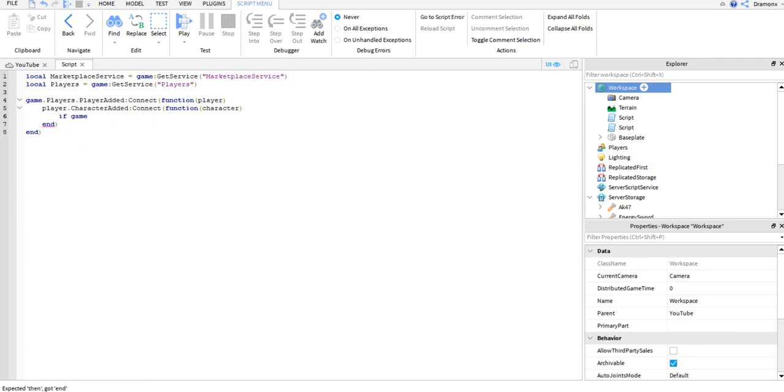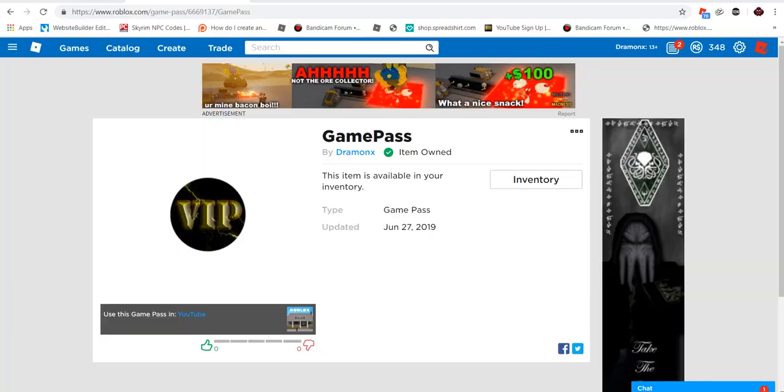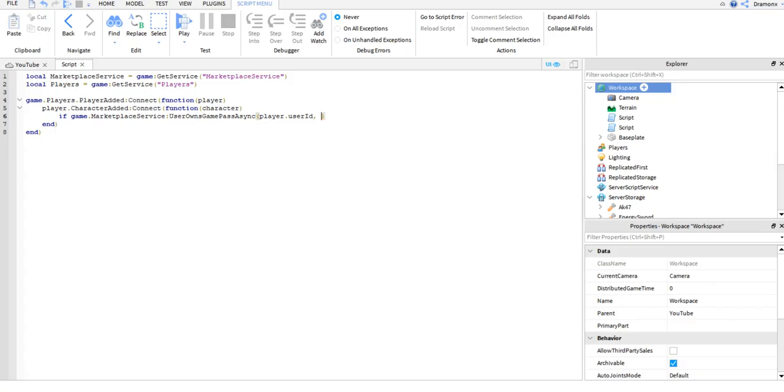So if game dot marketplace service user owns game pass sync. Now we gotta put in the player dot user ID, paste in your ID, then